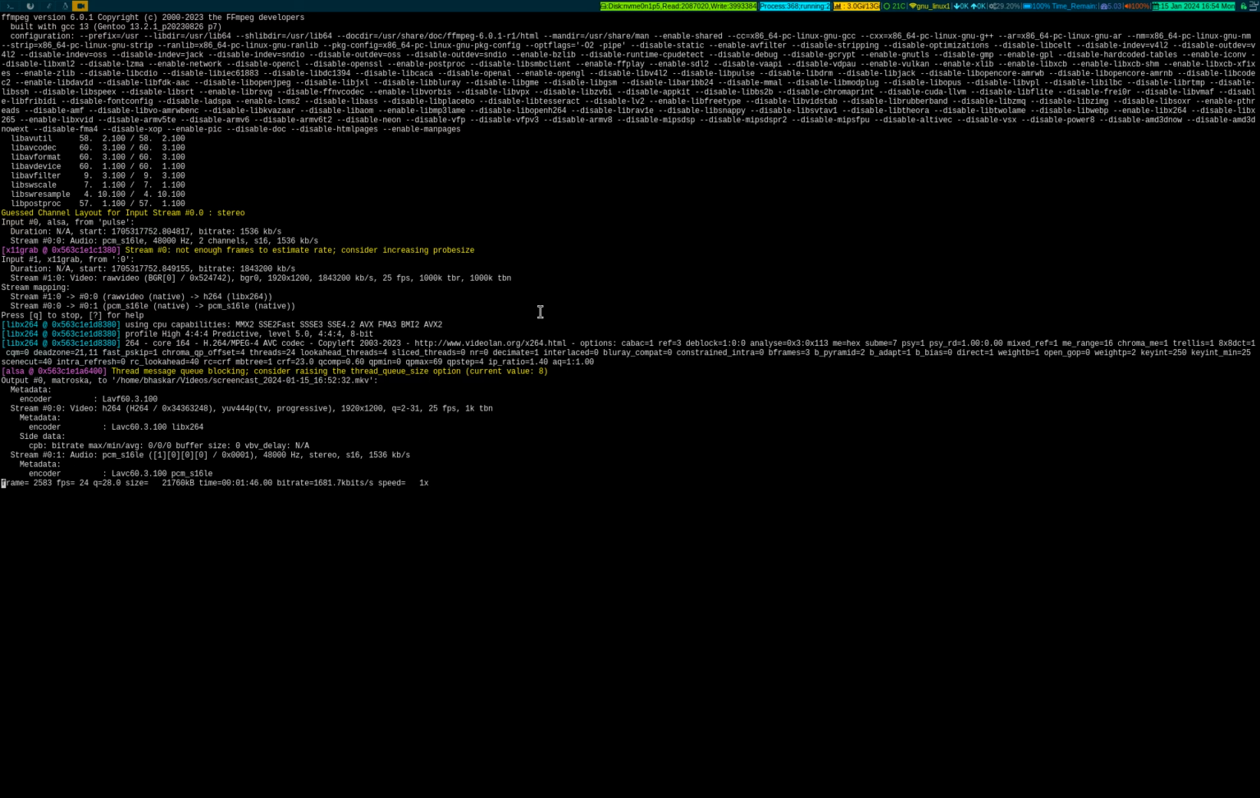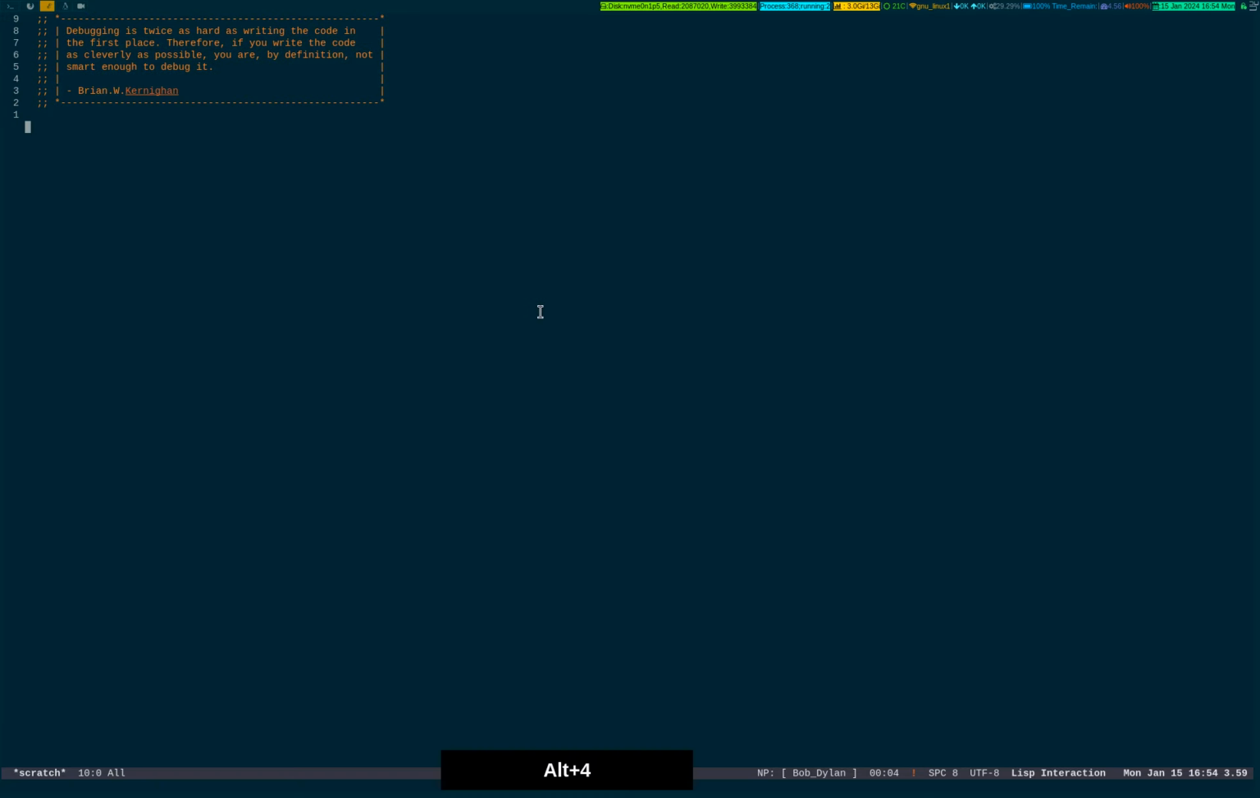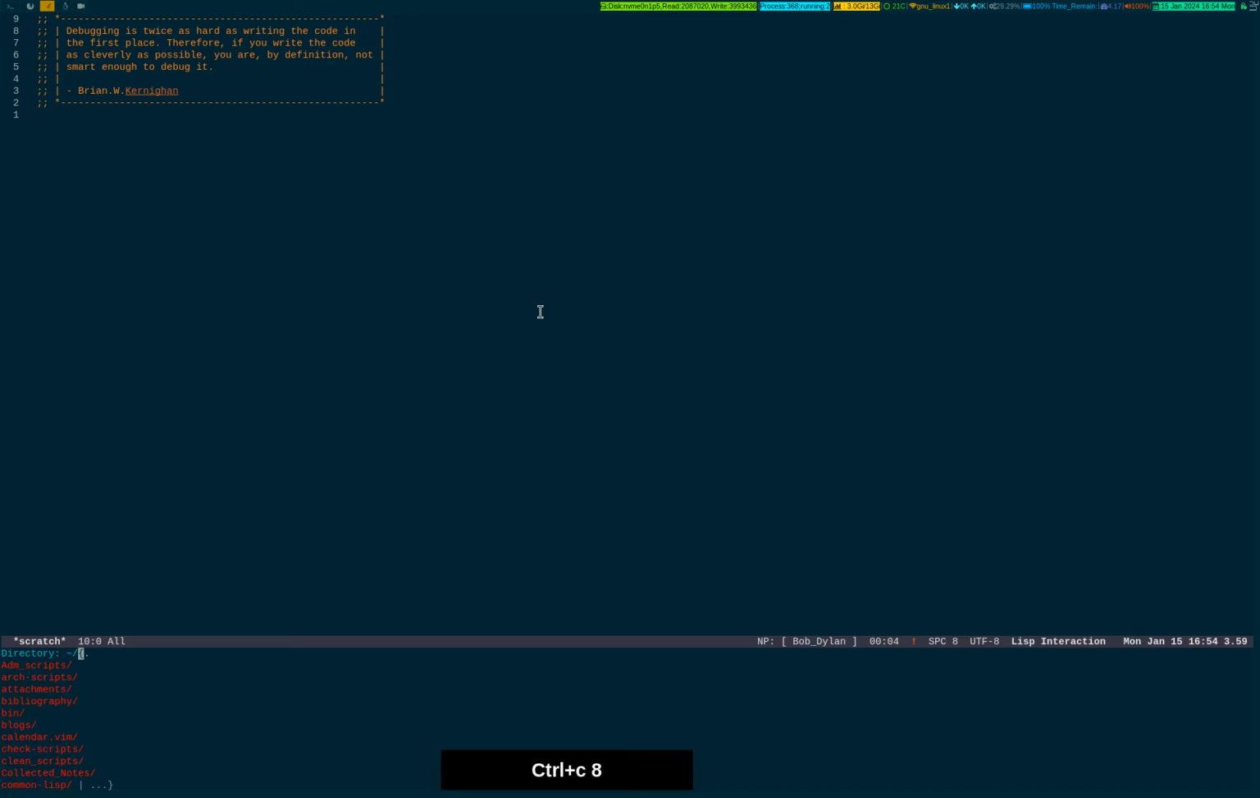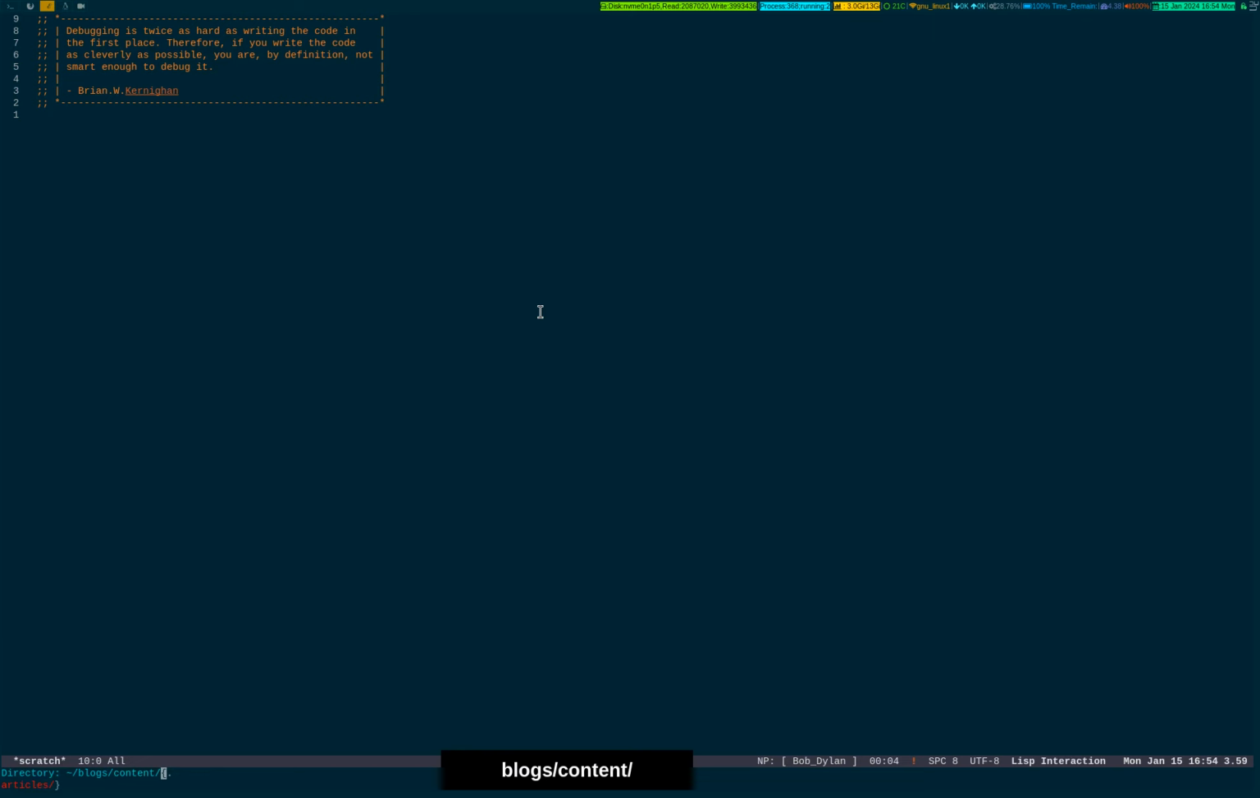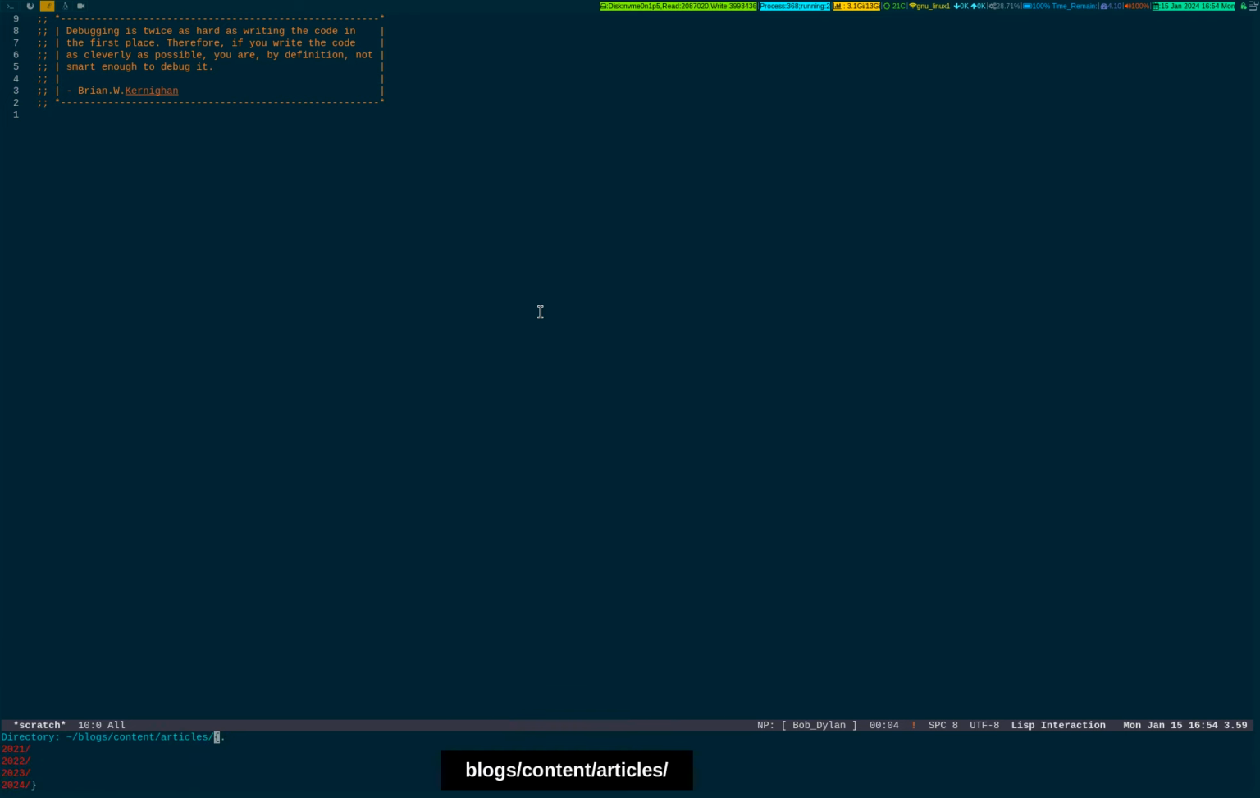Okay, I have my Emacs client open here, and I have a keybind. I'll show you the code in a moment. Control C8. See, it prompts me for the directory where all the org files are supposed to be. Okay, so I'm going here, blogs, content, article, and then